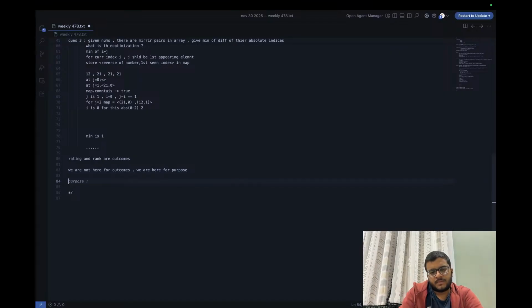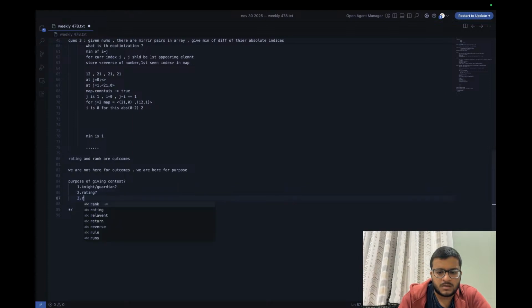What is the purpose of giving a contest? Is it a badge, Knight or Guardian? Is it rating? Is it ranking? No. This might be different for different people, but for me,